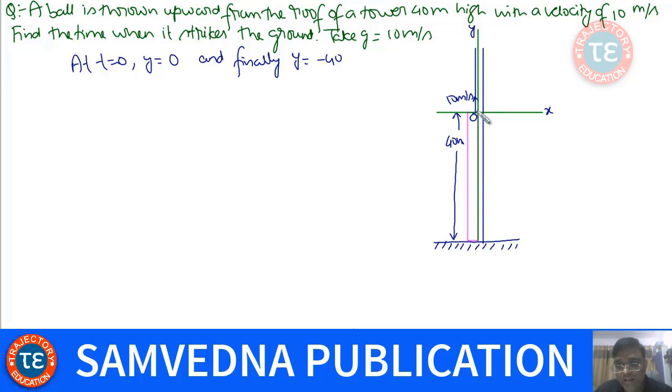So if the position of the particle is above x-axis, then y coordinate will be positive, and if the position of the particle is below x-axis, then y coordinate will be negative. So origin is y equal to 0, right? So at t equal to 0, y is 0, and finally particle is here, so y is minus 40,